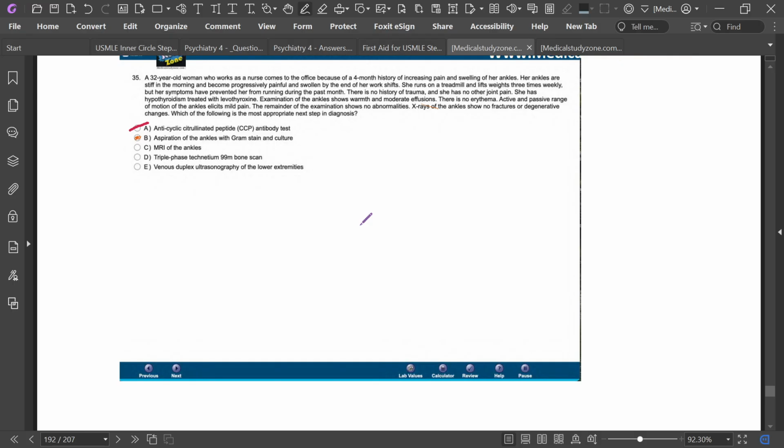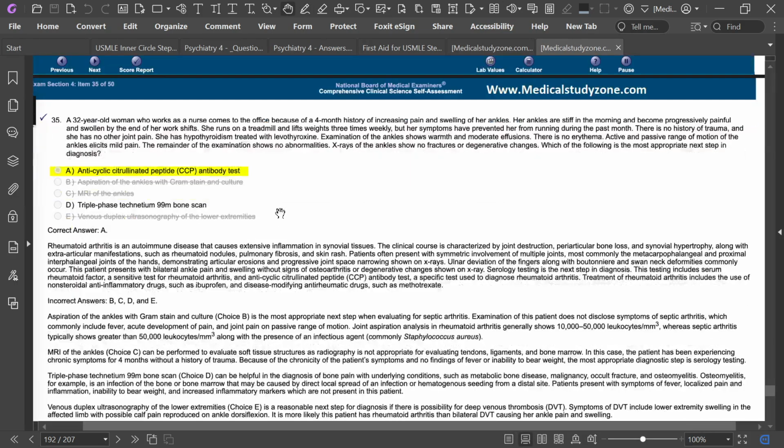Okay, but there is no joint destruction. Degenerative change means something like osteoarthritis, and there is no fracture. Okay, so it is RA. So RA, anti-CCP antibody. If we can diagnose it, then it is easy. Okay,